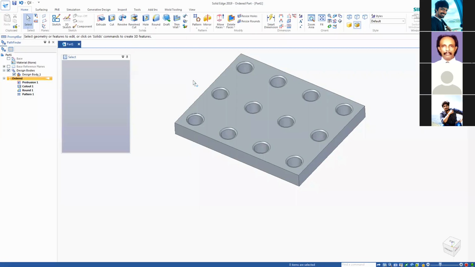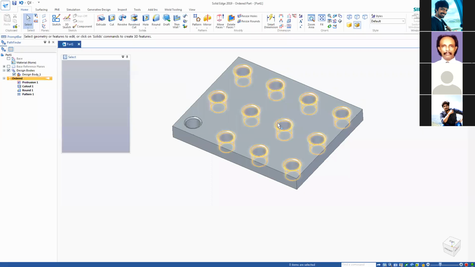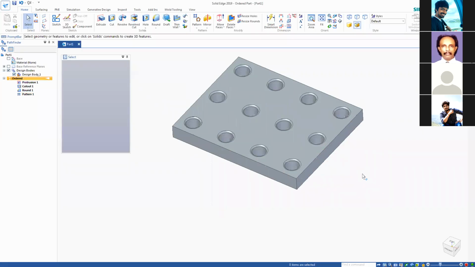You see, that is the flexibility, right? You should understand how each and every feature is working, and then how you can control them. Then only you will be able to take control of the modeling part. Otherwise you just try and put in much effort, and still you may not be able to get the required thing